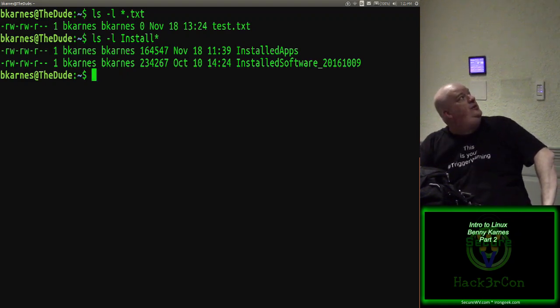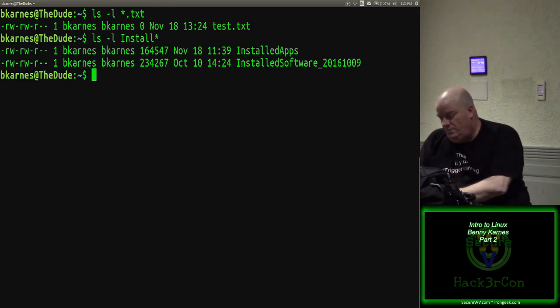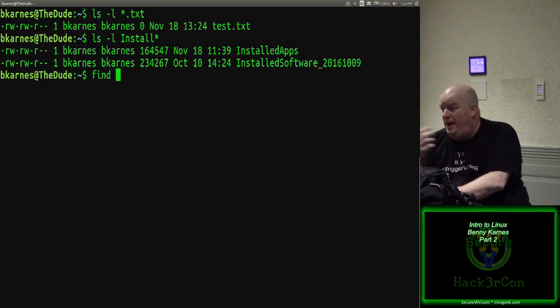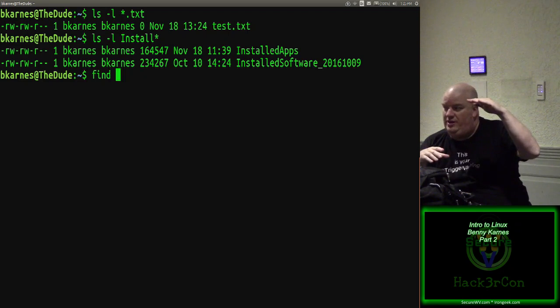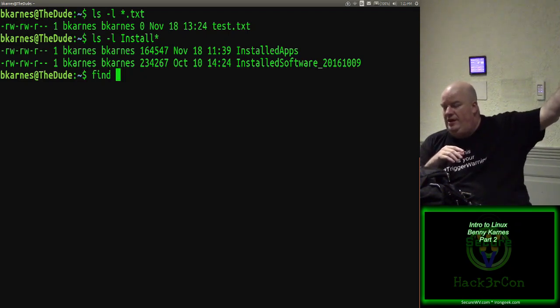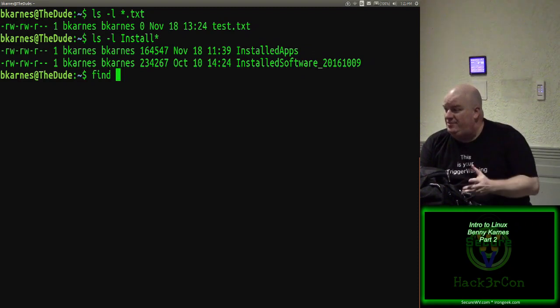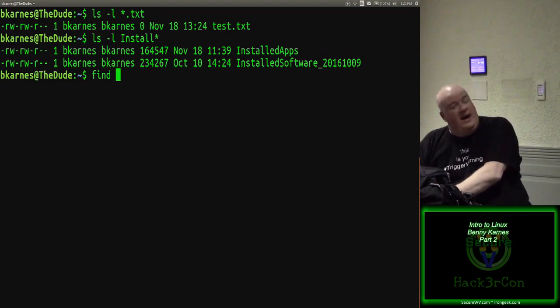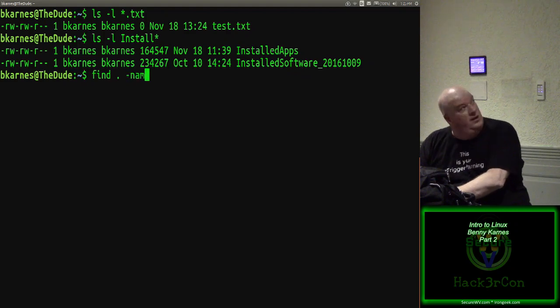Now, if I wanted to, on the find, I forgot this part of it. So if I wanted to find, to see if there's an index file under a directory, or let's say you're in a log location. There's tons of logs, tons of just different types. So you want to start in the logs directory, or in my case, home B Karnes, and I want to see if there's any text files, right? So I can do find, name,